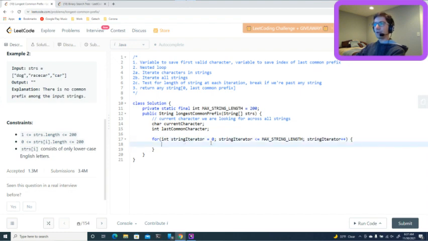So our string iterator is there. And then we also need to iterate the individual strings. So for that, we're going to do array iterator equals 0, array iterator less than strs dot length, array iterator plus plus. So now we're iterating all of the characters, and then we're iterating all of the strings. And then we need to do our test in here, keeping in mind that we might actually find a string with,